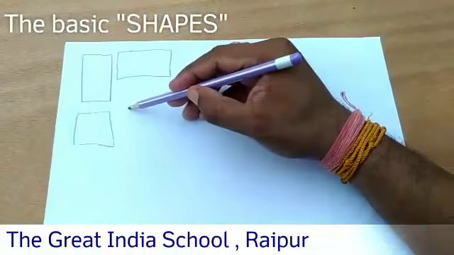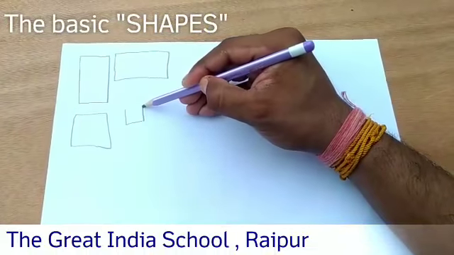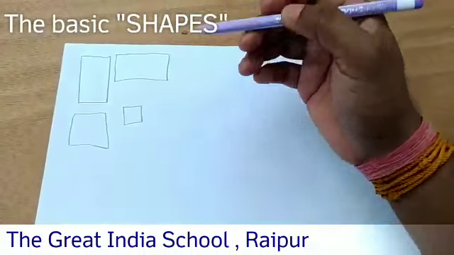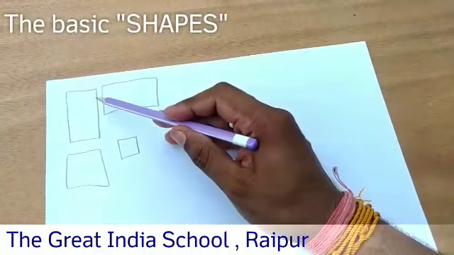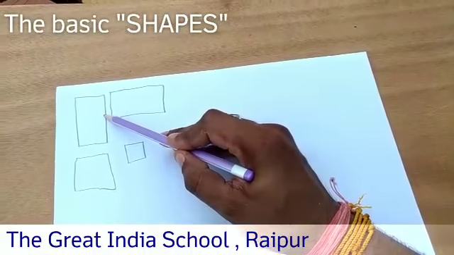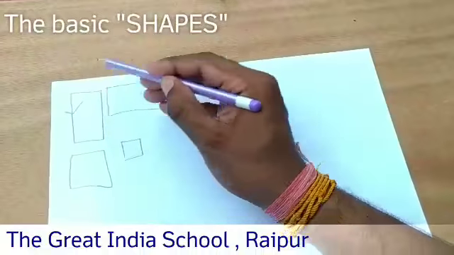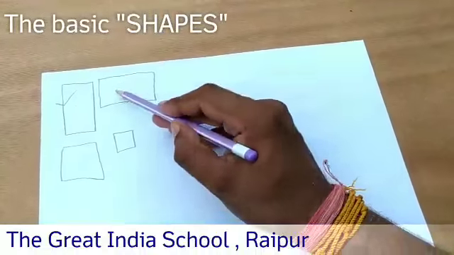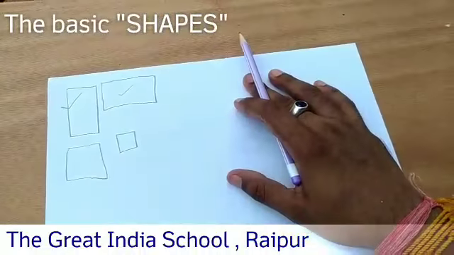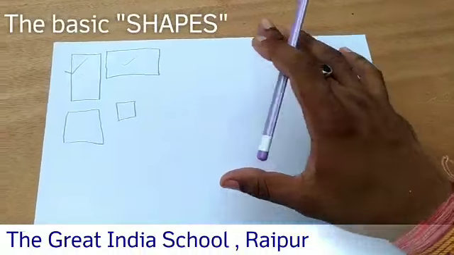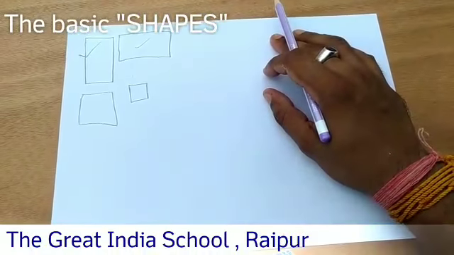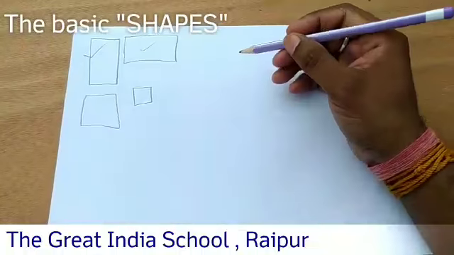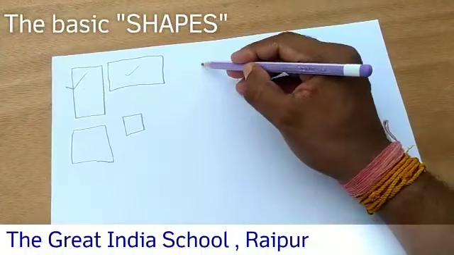Just like the cube. Cube means the four sides will be equal. We can convert it in this way also, but this is the basic shape we are using in art. The angle will also be different according to our purpose. So this is the rectangle, and we will go for the next one, circle.